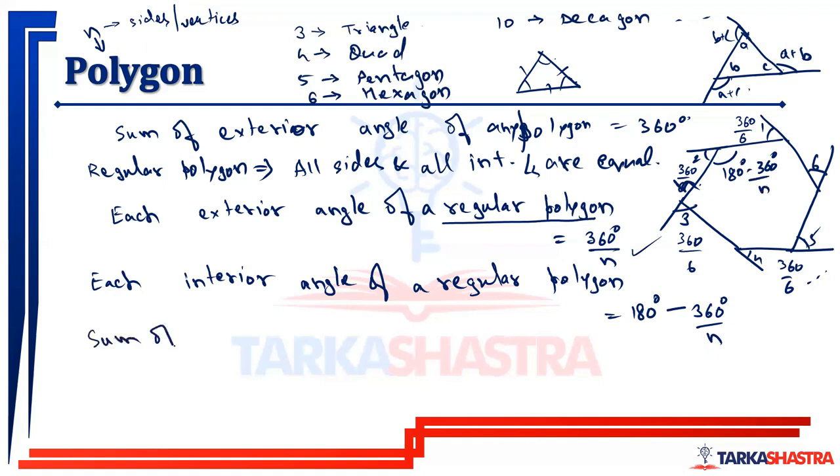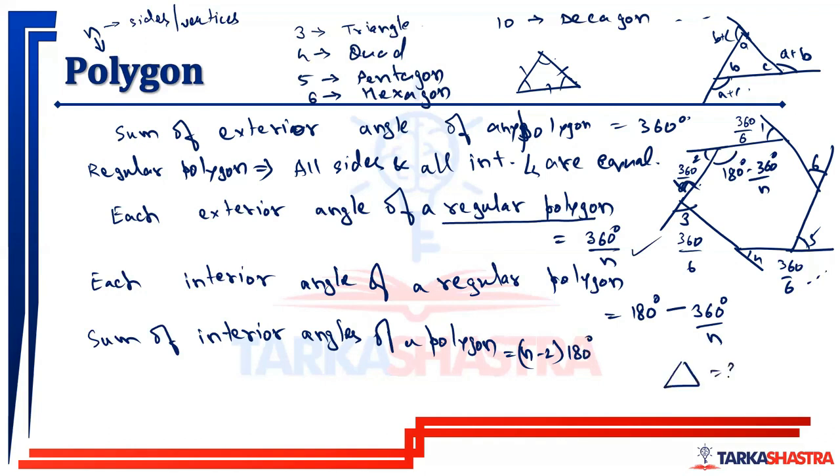सम ऑफ इंटीरियर एंगल्स ऑफ अ पॉलीगॉन is equal to n minus 2 into 180 डिग्रीज, है ना। तो एक ट्रायंगल का कितना रहता है, ट्रायंगल में 3 minus 2 into 180 डिग्रीज, तो सम ऑफ इंटीरियर एंगल्स हमारे बराबर 180 आता है। क्वाड्रिलेटरल में it will be 4 minus 2 into 180 डिग्रीज, तो सम ऑफ इंटरनल एंगल्स ऑफ अ क्वाड्रिलेटरल बराबर हमारे 360 डिग्रीज आता है। ठीक है, एंड लास्ट चीज,